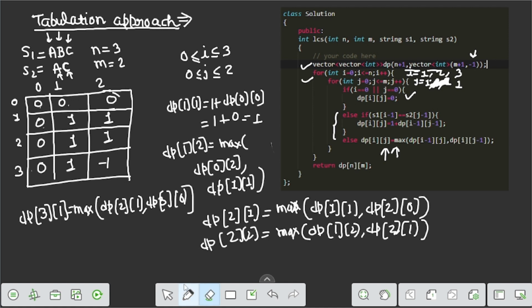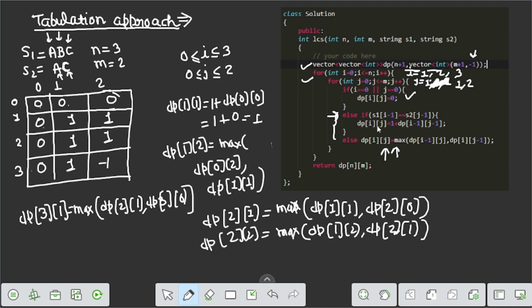Now we call for the next, which is i equals 3, j equals 2. For i equals 3 the character is c, and in s2 it is also c. So c equals c, and this calls the else if condition.